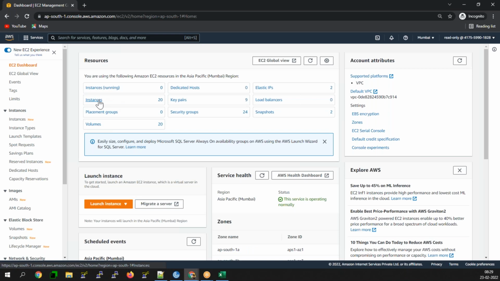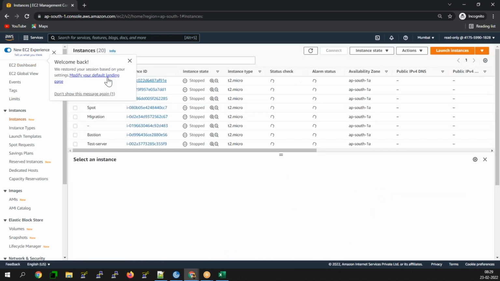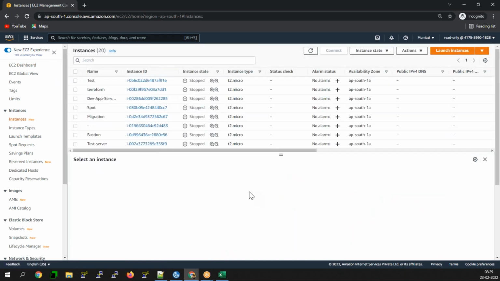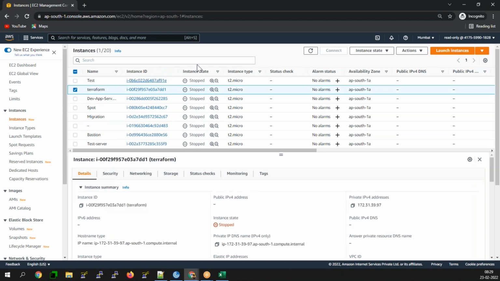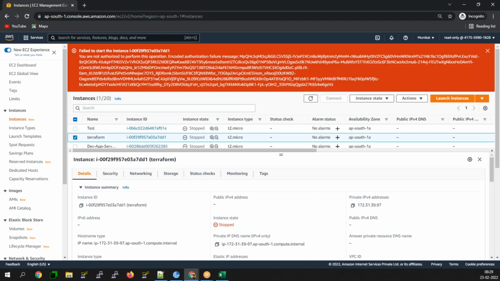So these are the 20 instances which are in stopped state. If I go to Terraform and try to start the respective instances, you can see it has failed with an authorization failure.